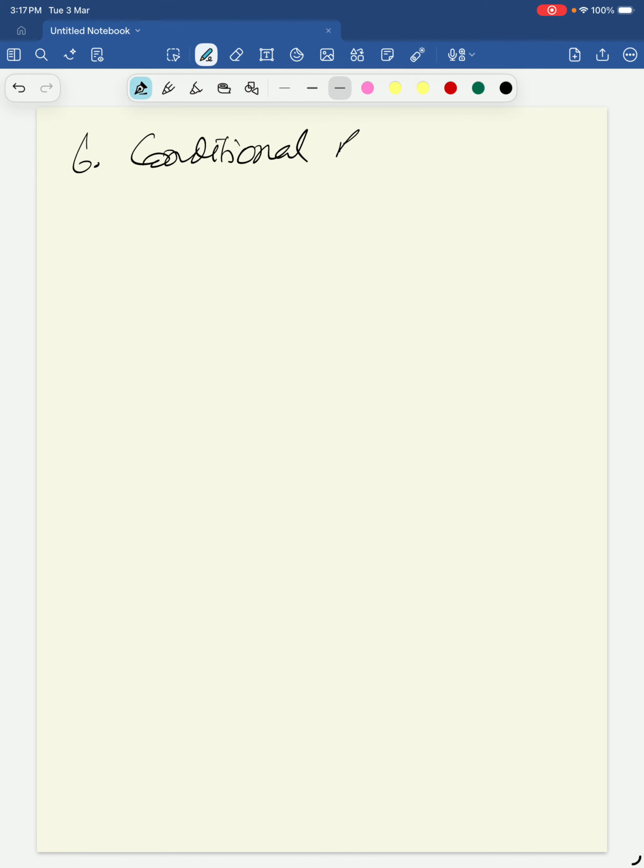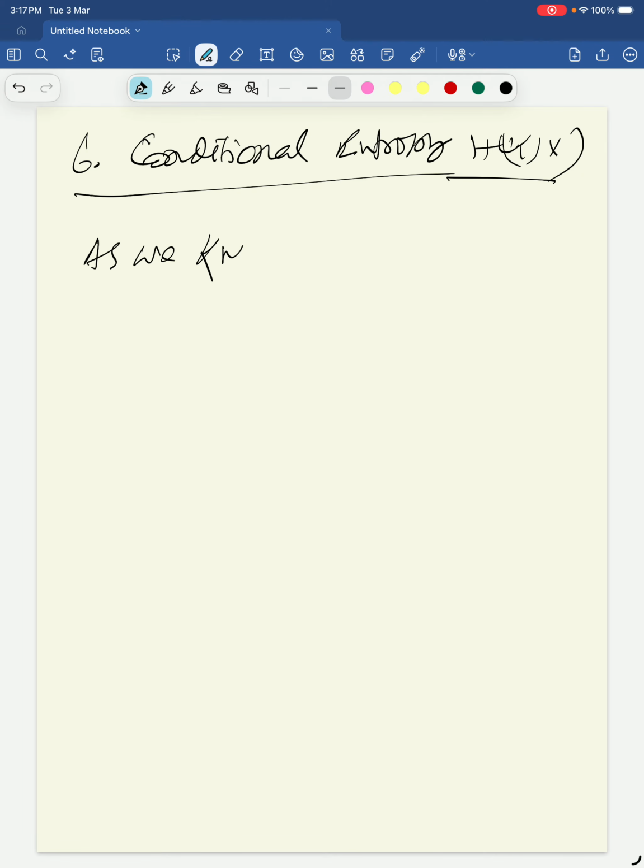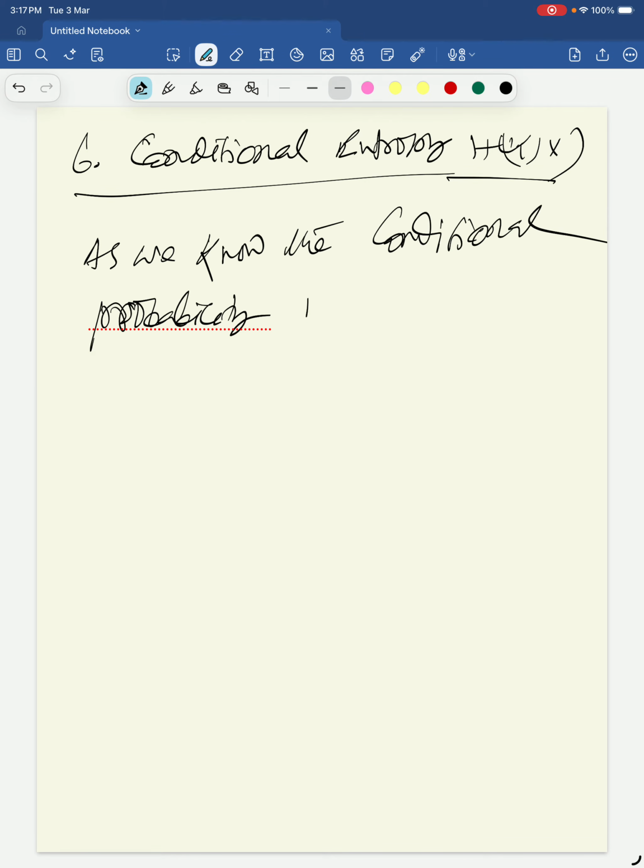Conditional entropy H of Y by X. As we know, the conditional probability H of Y by X here can be written as